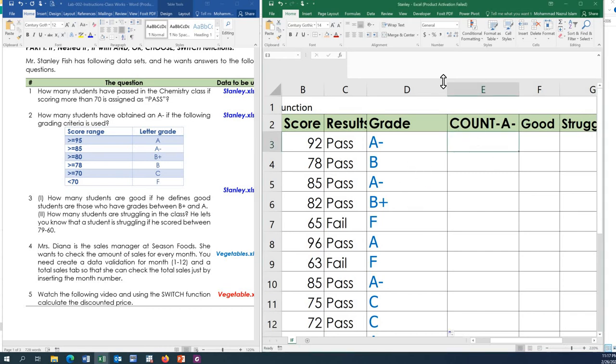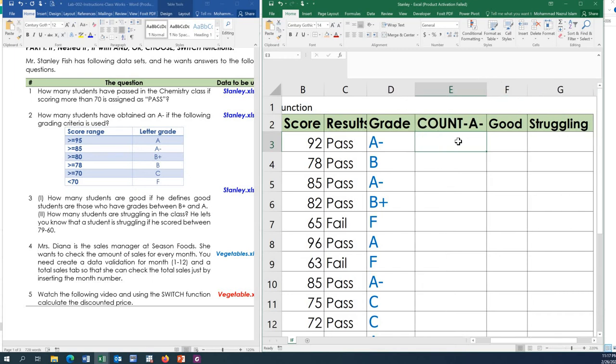In this case, we will apply the if or condition. So equal to if or, this one is equal to